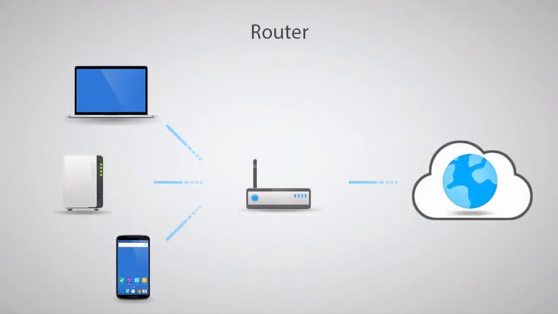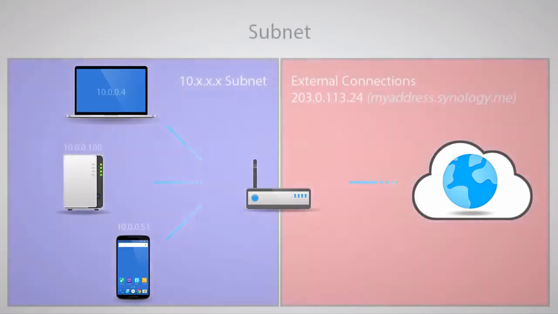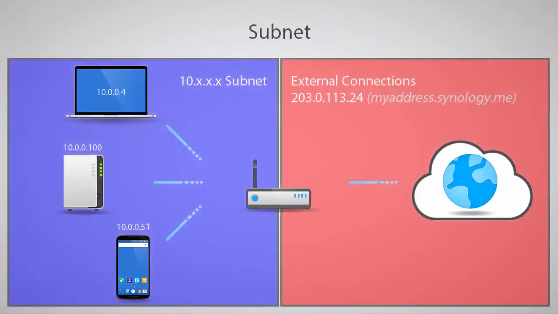Now let's talk about the router, which is the most important component in port forwarding. The router accepts the raw connection from your ISP and is the device that accepts your public IP address assignment. Routers are also responsible for delegating traffic between devices inside your network, as well as delegating traffic with Internet services. The primary way that routers manage traffic is by creating a subnet. A subnet is formed using a set of IP addresses that are reserved for private networks. In this example, we see a subnet using addresses in the 10 range. However, most home networks will operate in a